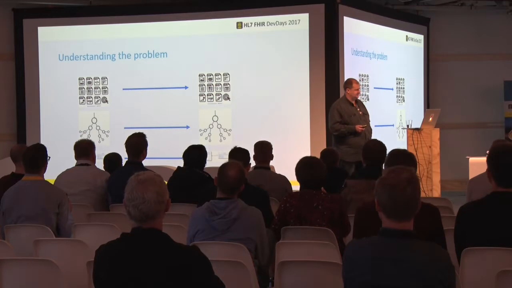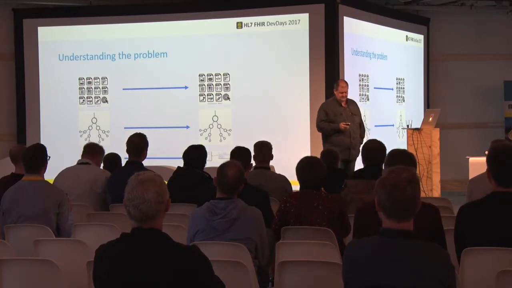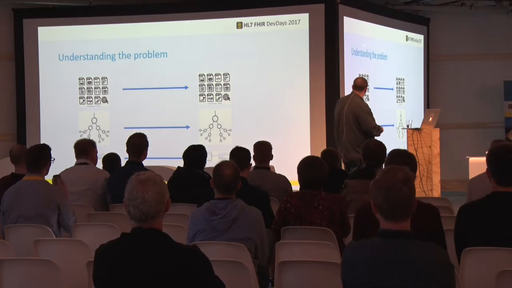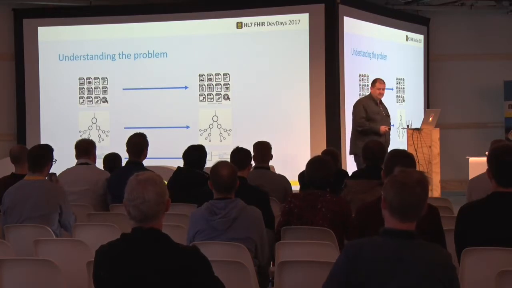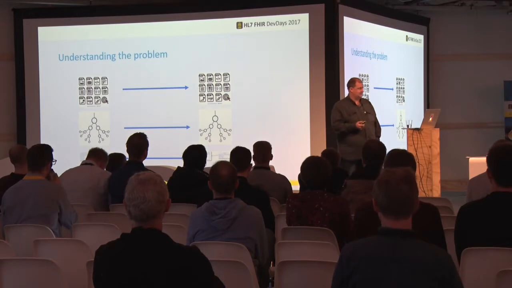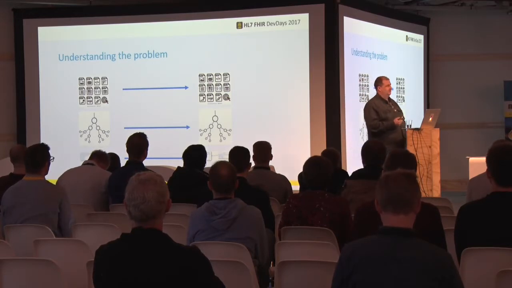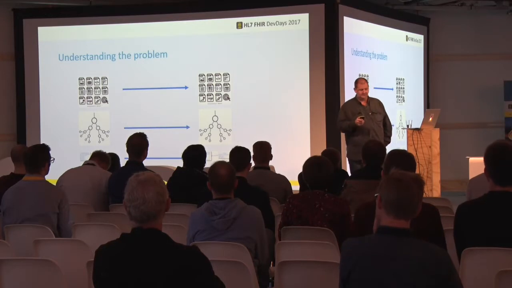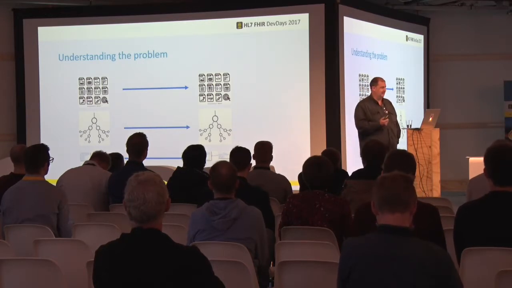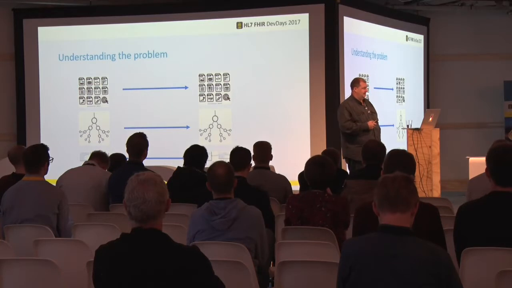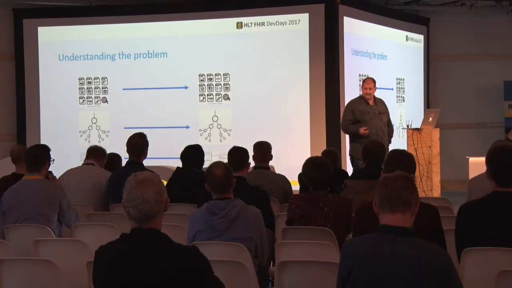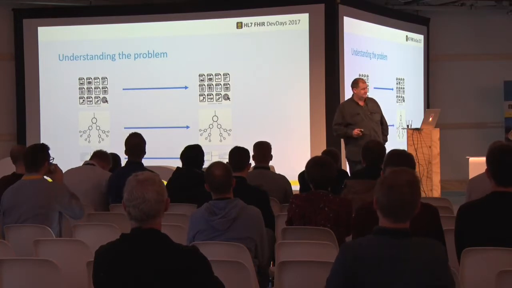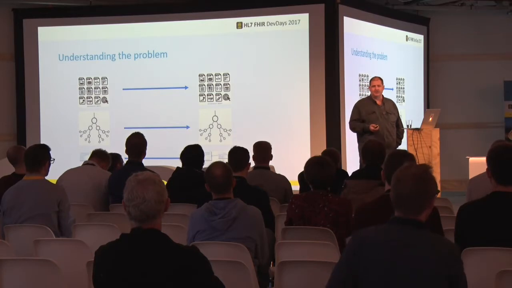So the first place to start is understanding the problem. You're going to start with some kind of byte format, a document format of some kind or other. And this might be XML or JSON or some arbitrary sequence of binary bytes or whatever. But in the end, it's a sequence of bytes in some kind of a file or a stream or a network connection of some kind or other. And logically, it represents some sort of tree of data